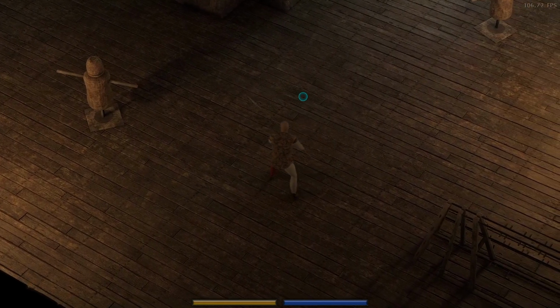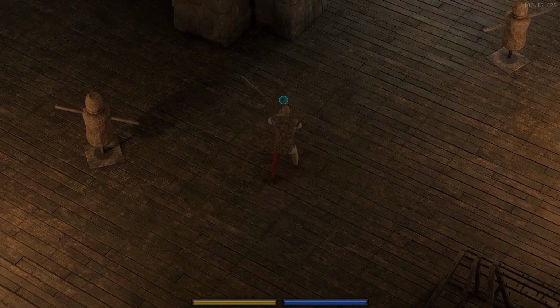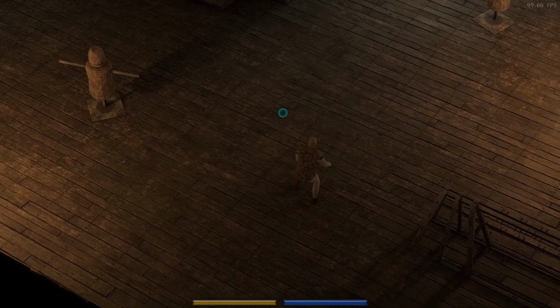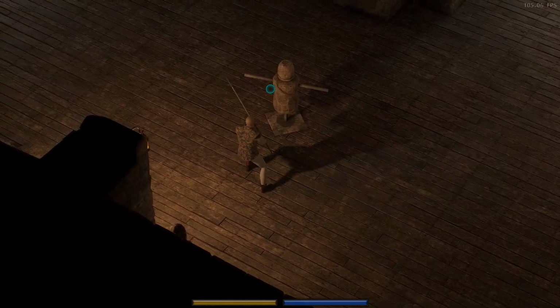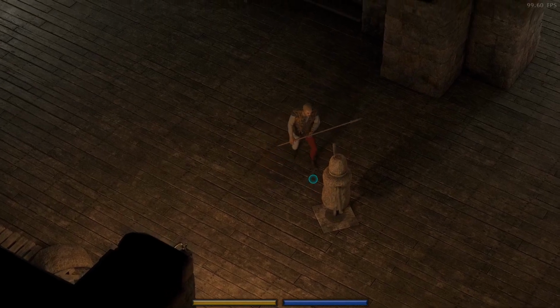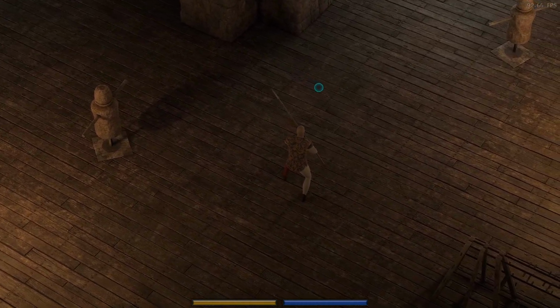Probably one of the most important things in Exanima is movement, because movement affects defense and offense. I'll explain more of that later, I guess, but probably one of the first things you want to get down is getting used to the camera and moving around. Since when you look at your character like this,